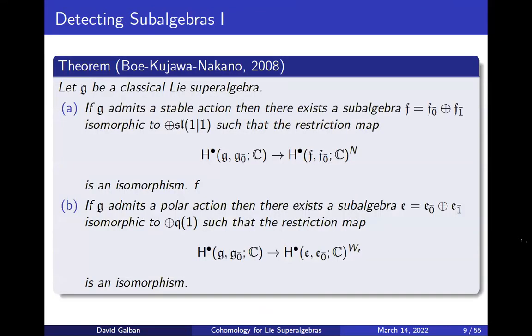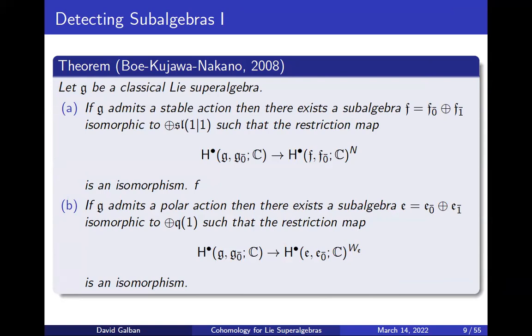Right. So in 2008, work by Boe, Kujawa, and Nakano defined what's called a detecting subalgebra. If we let G be a classical Lie superalgebra, there are two potential actions that G0 might admit on G1. One is called stable and the other is called polar. So if G admits what's called a stable action, then there's going to exist a subalgebra F, a direct sum